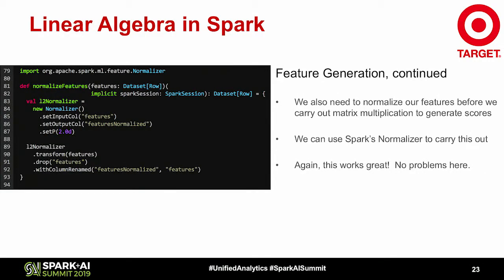The next step, when we actually want to start doing the multiplication and get at that measure of similarity through cosine similarity, is to normalize our matrix. We can use Spark's normalizer feature generation tool, and then you just set the p-value. p here is 2 because for the magnitude of a vector we use the L2 norm, which is also called the Euclidean distance. It's pretty straightforward to configure all this stuff. Again, this normalizer works great, no problems there. It's very straightforward to use.